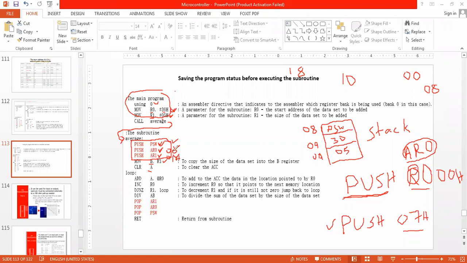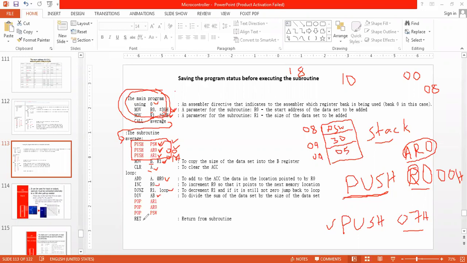Okay, what I'm doing is saving the values of the main program, whatever values I have stored in some of the registers. Those register values I am storing upon the stack. Then I will execute the previous program. This is the same program we have seen in the last example, the divide example.